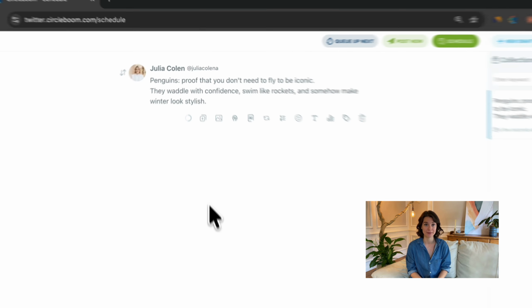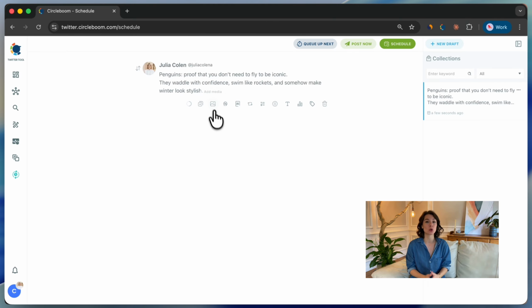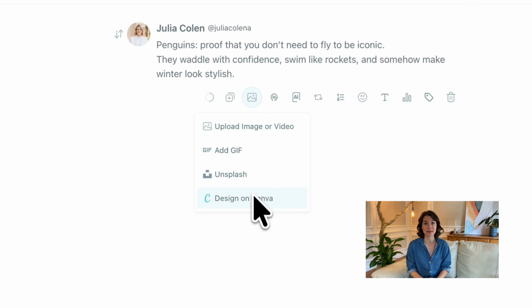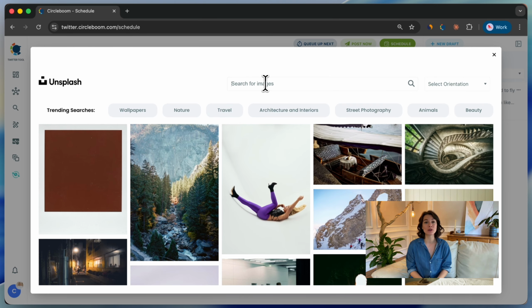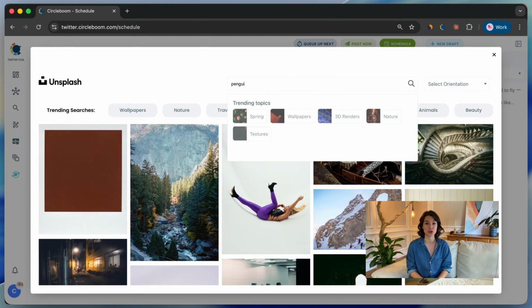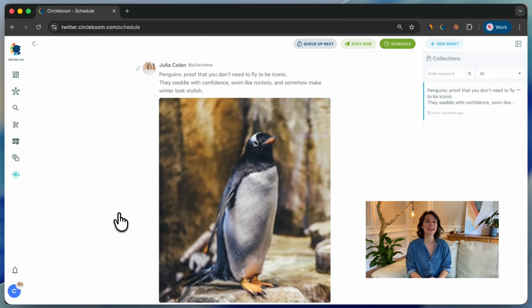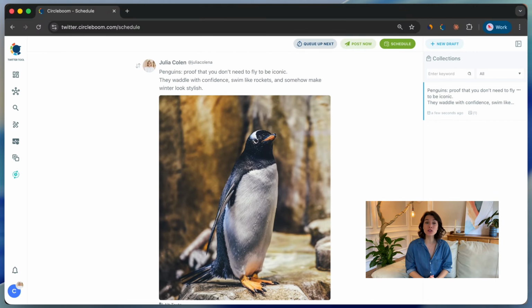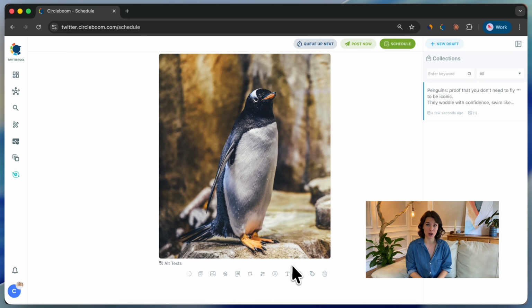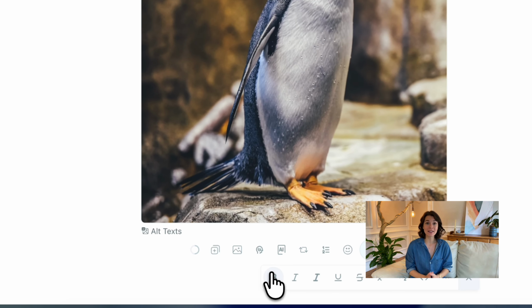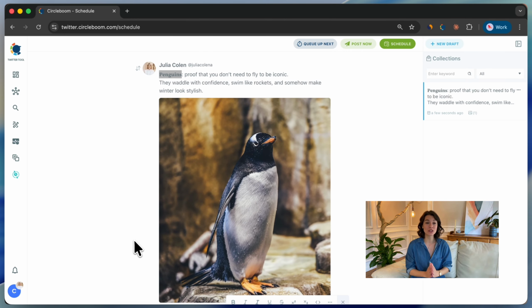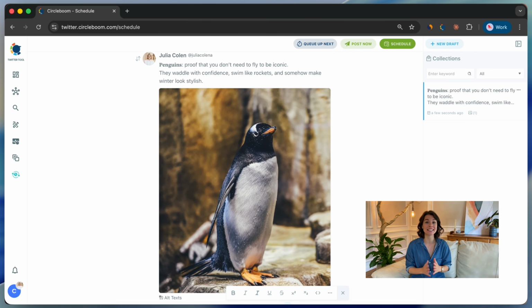your topic. After that, add a visual to make your tweet more engaging. Click Add Image or Video, upload a file from your device, choose one from Unsplash, or create a design directly with Canva. Next, highlight the part of your tweet you want to style and open the Font Generator toolbar. Apply formatting like bold, italic, underline, or other font styles so important parts of your tweet stand out in the